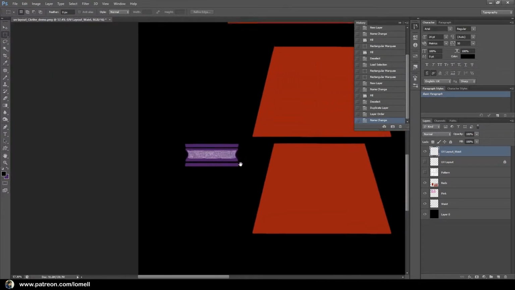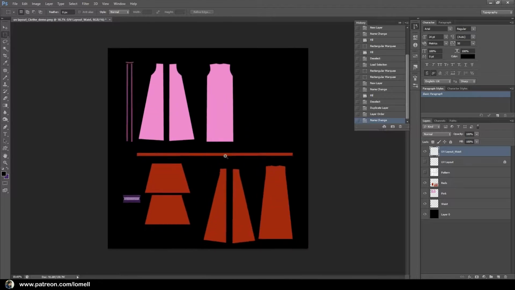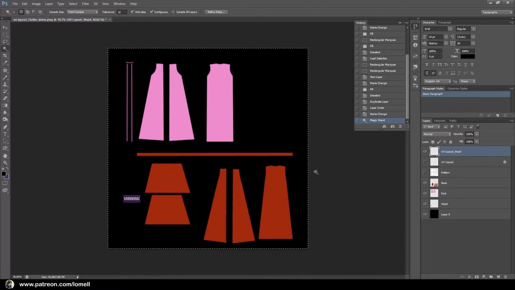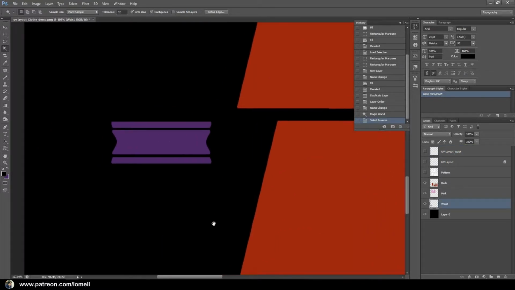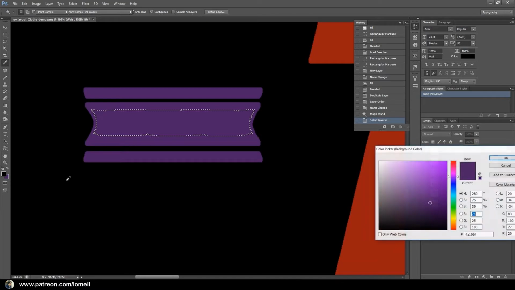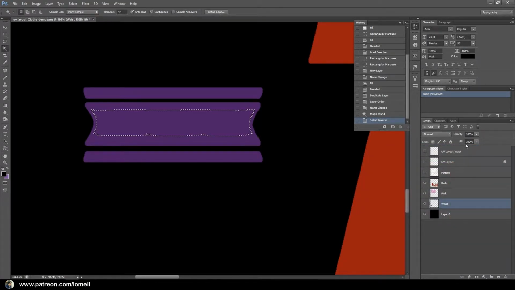Okay, and using the magic wand, I'm going to select the outer space of this layer, Shift Control I to invert the selection, and close that layer and highlight this waist. And I'm going to change the purple color into a lighter purple and press OK,